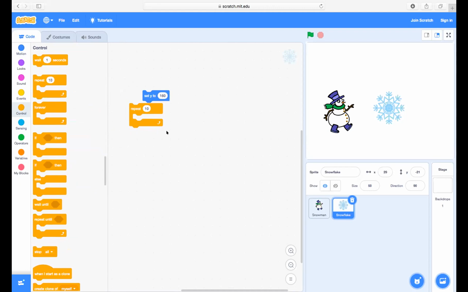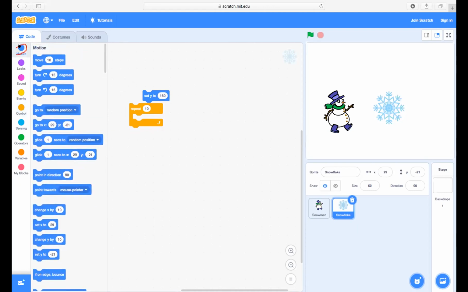Now inside this, we are going to put another block, which is change. Go to motion. There would be something called change Y by. Change Y by. Yes, very good. Now put it inside this.